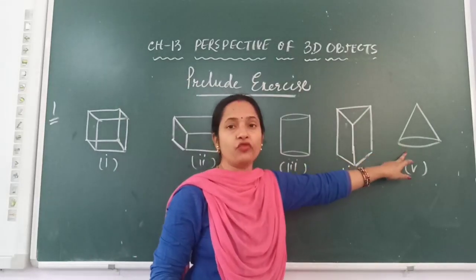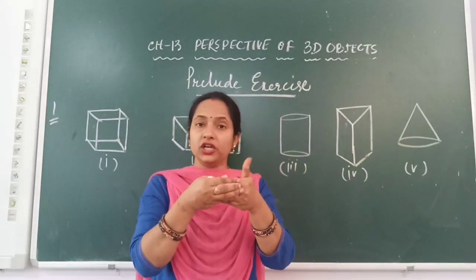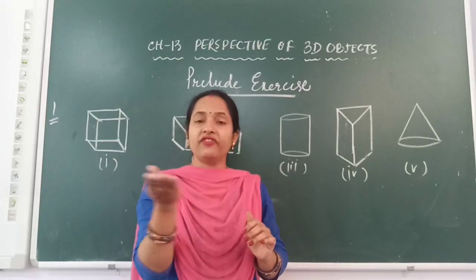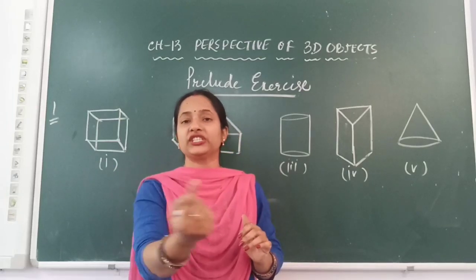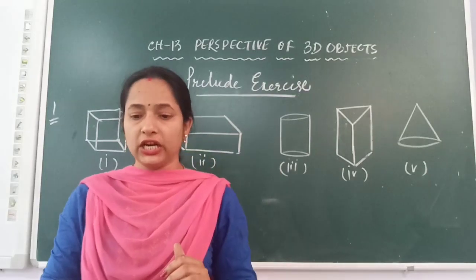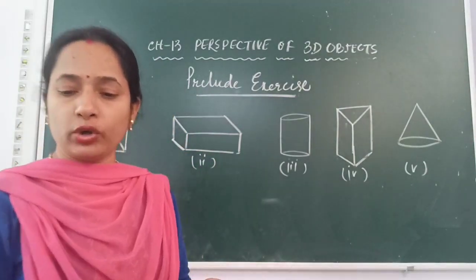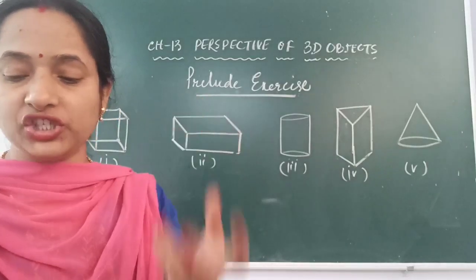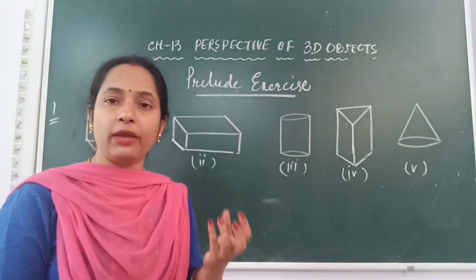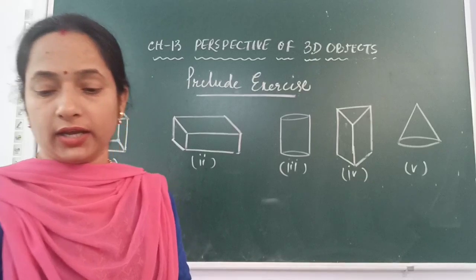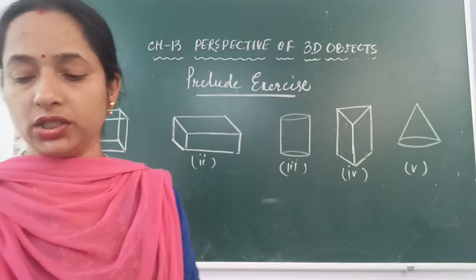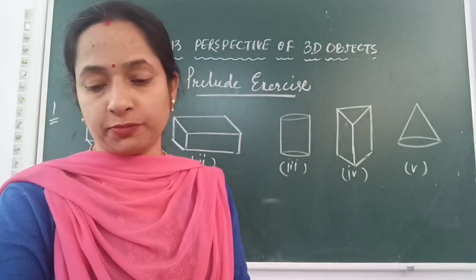Whereas in case of a cone you will have one curved face and the flat face that is in the bottom, which is in the shape of a circle. So children, now after discussing the number of faces, you can guess which shapes or which shape has 4 squares, 6 squares, 2 circles, 6 rectangles respectively.